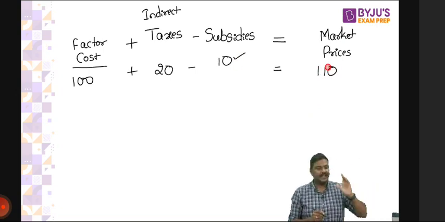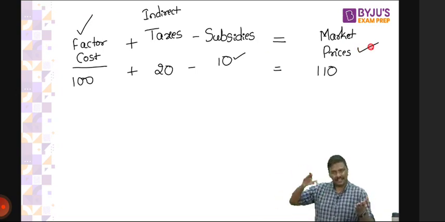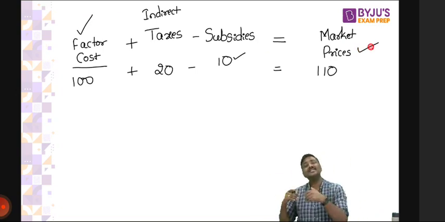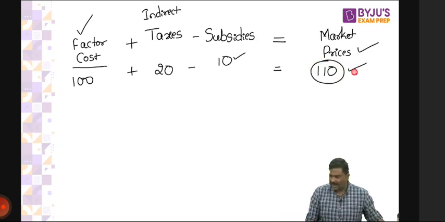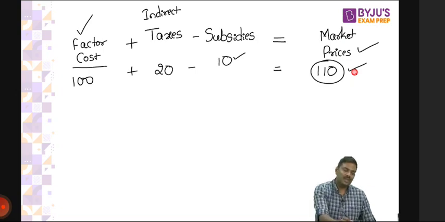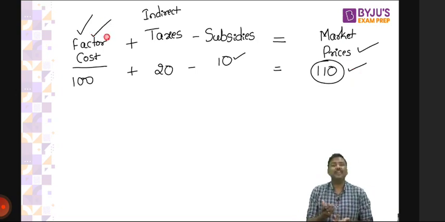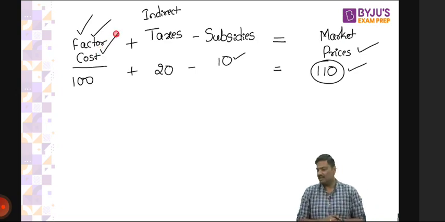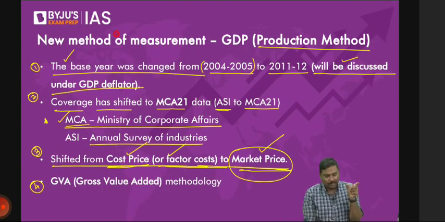Any difficulty in understanding how we move from factor cost to market prices? It's a simple idea. You add taxes imposed by the government and you subtract subsidies given by the government. Once you adjust all of this, what you get is market prices. And as I was telling you in the beginning, sir, what about profit? My dear, please go back to basics. It simply means you're not practicing, you're not revising. Profit is already there in the factor cost. I told you that. Is the logic okay? Earlier, we used to calculate GDP using the cost prices. And now we are using the market prices to calculate GDP.